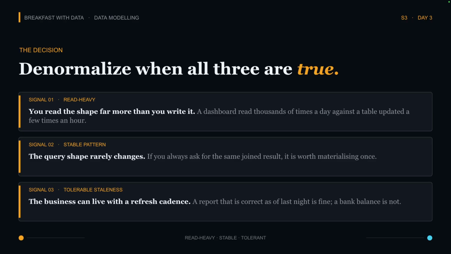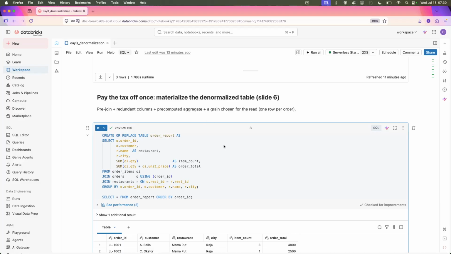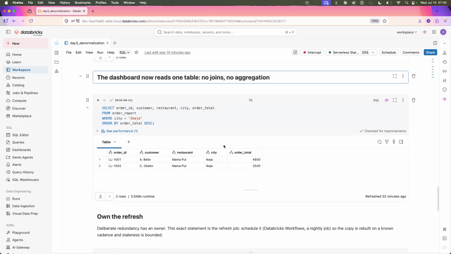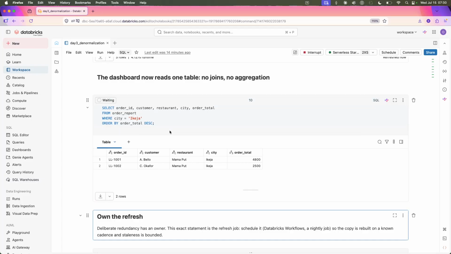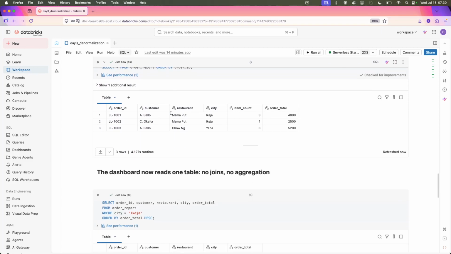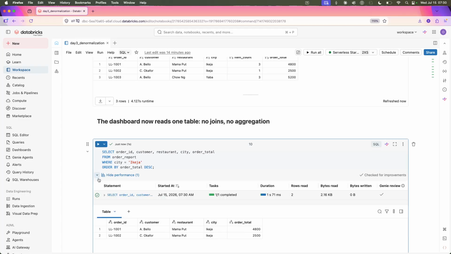Let's quickly take a look, as we are doing some things, let's run this now. This is something we have pre-built. Suppose we want to read from this now. We can easily just write a select, and we don't need to do a join. See, when we have materialized this table, we are doing select, not join. And the query performance of this is going to be way better. So this entire query completed in 1 second,